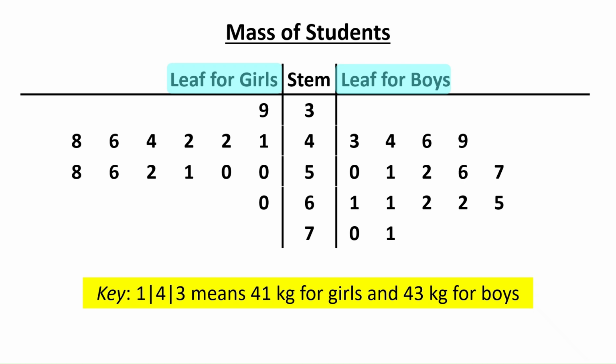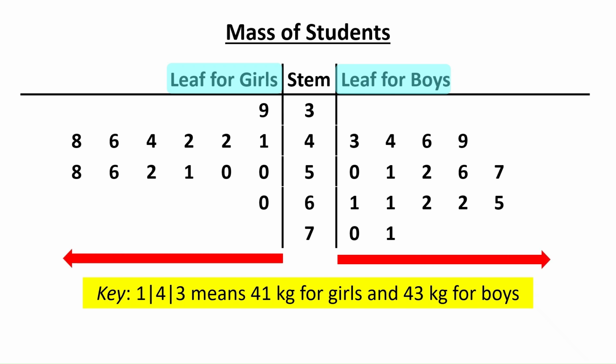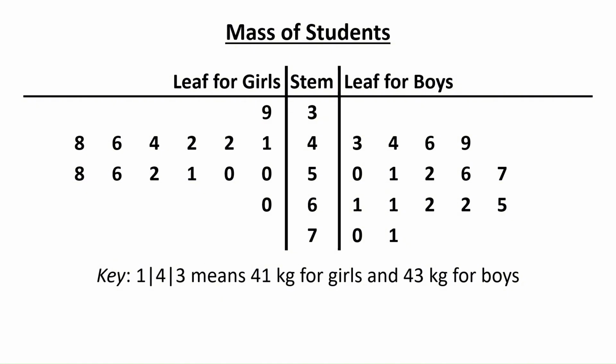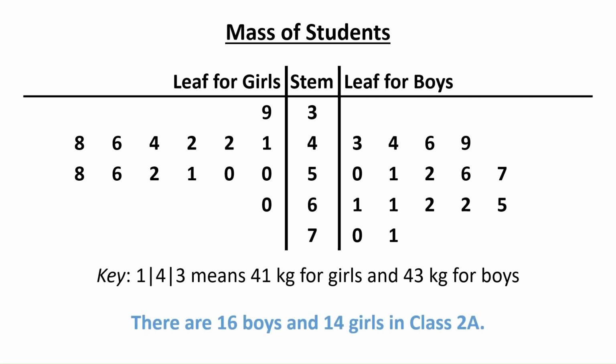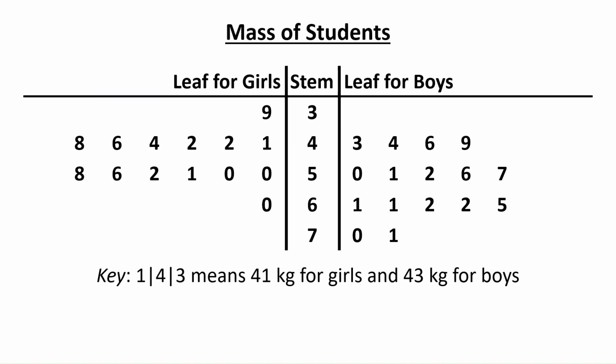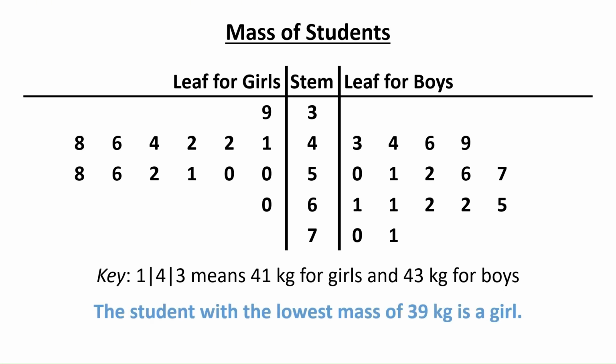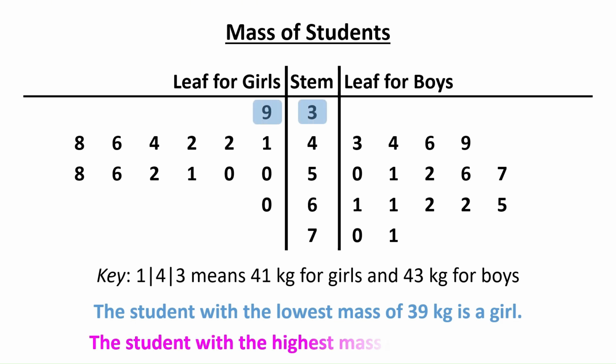Notice that the leaves are arranged in ascending order from the stem. This means that the smallest leaves are nearest to the stem for both the boys and the girls. After splitting the data into this back-to-back stem and leaf diagram, we can easily tell that there are 16 boys and 14 girls in this dataset simply by counting the number of leaves for the boys and the number of leaves for the girls. Now, with this back-to-back stem and leaf diagram, we can tell that the student with the lowest mass is a girl, and she weighs 39 kilograms, and the student with the highest mass is a boy,